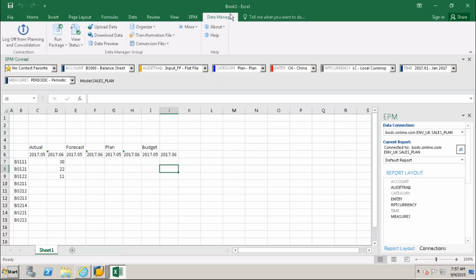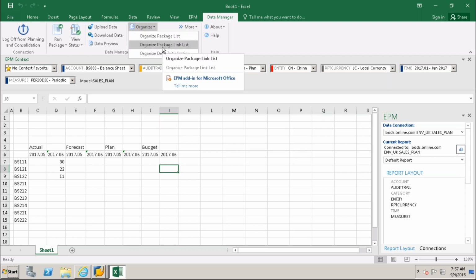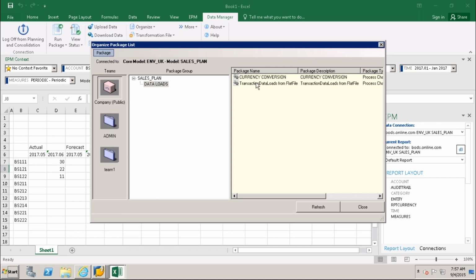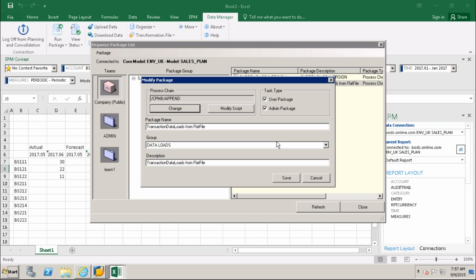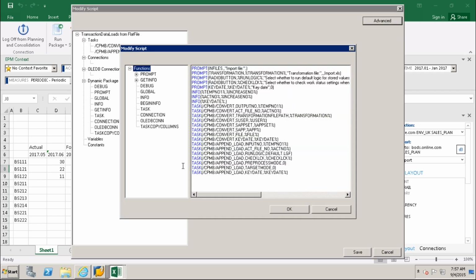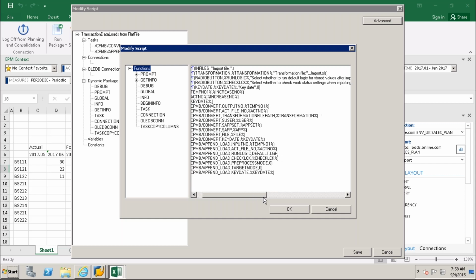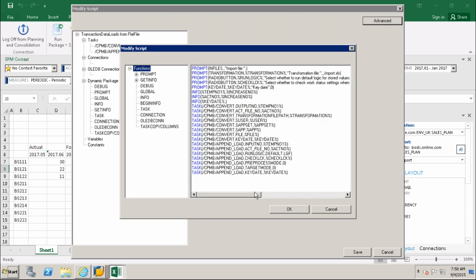I mean here in this data manager package, organize, modify the script. Run logic here.